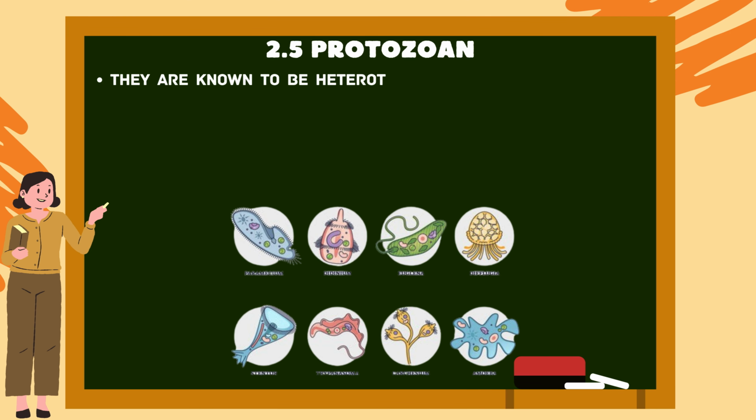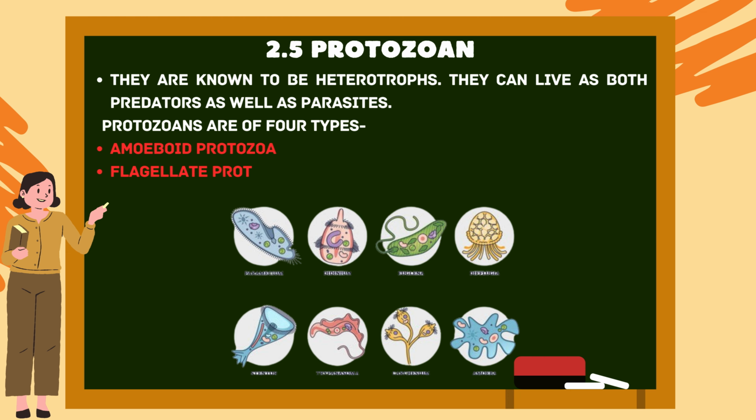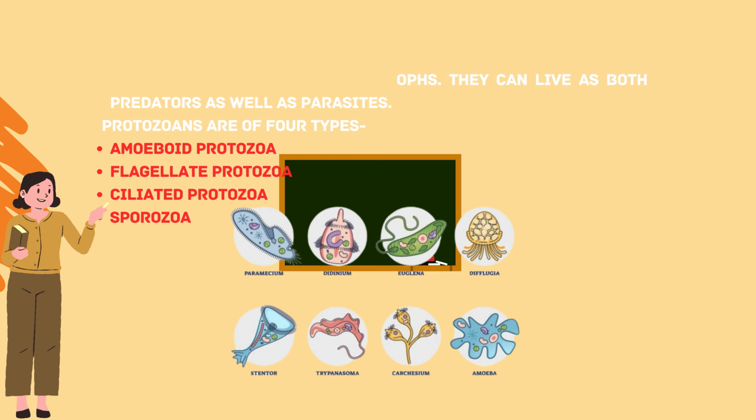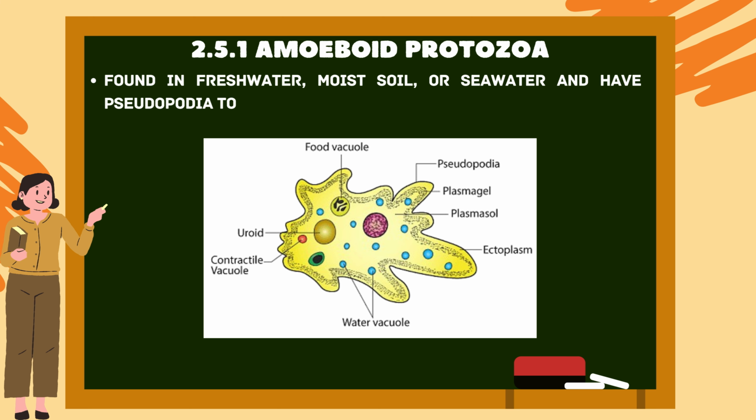Protozoans. They are known to be heterotrophs. They can live as both predators as well as parasites. Protozoans are of 4 types: amoeboid protozoa, flagellate protozoa, ciliated protozoa and sporozoa. Amoeboid protozoa are found in fresh water, moist soil or sea water and have pseudopodia to ingest food particles, such as